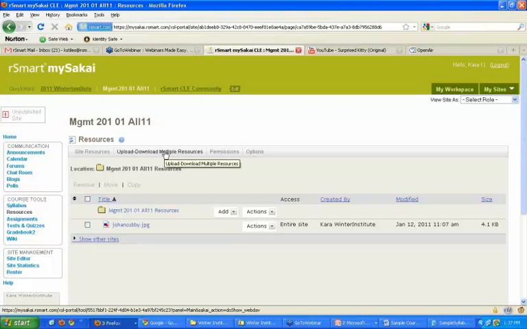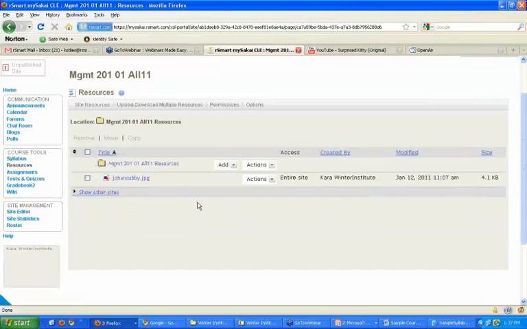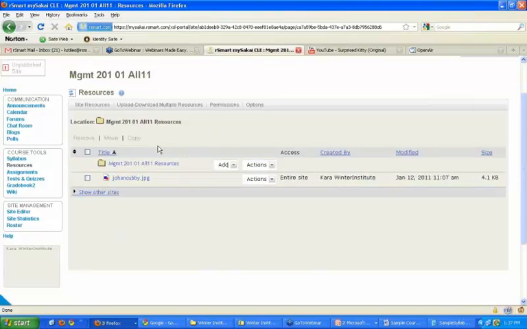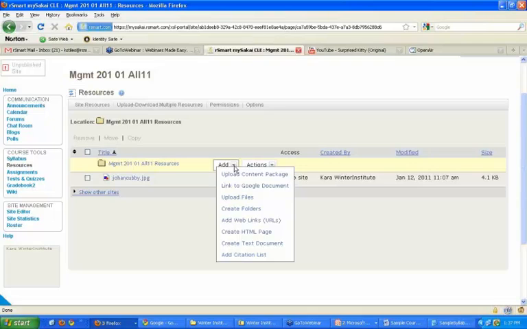So if you have a bunch of files, you could use this upload, download multiple resources function to create a WebDAV connection from your machine to Sakai, and basically just drag and drop a whole bunch of stuff into Resources. But that is not what I'm showing you today. What I'm showing you today is something simpler, which is to just create a folder and upload some files. So first thing I'm going to do is within my Resources tool, select this Add function